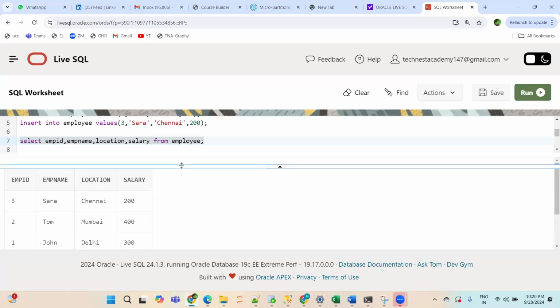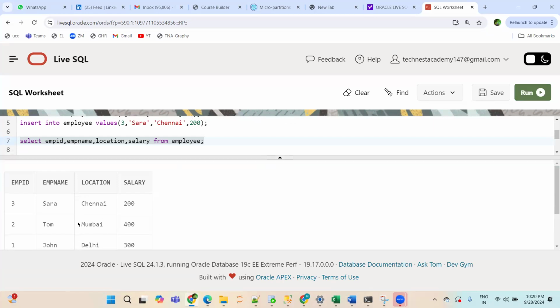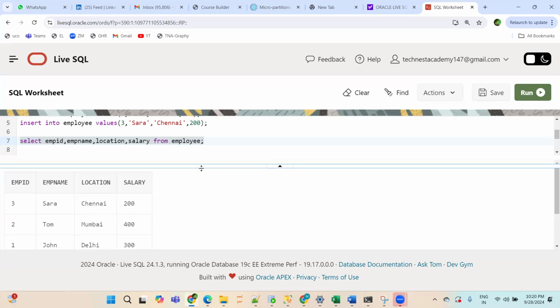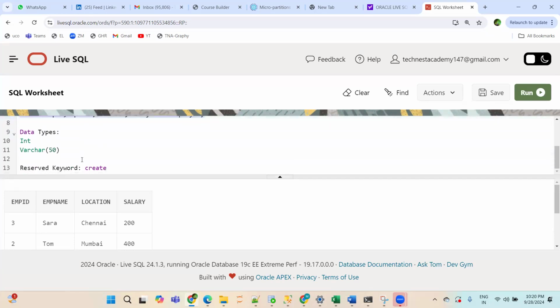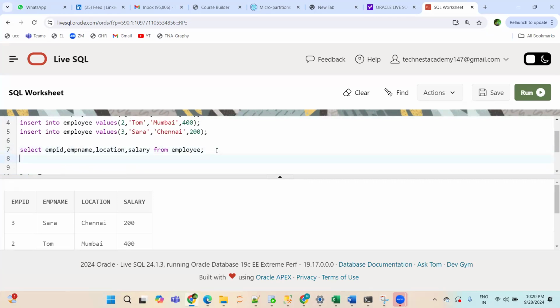Now, suppose my client is telling me, okay Tanvir, great, you are displaying employee ID, employee name, location, and salary. But salary is confidential data, right? My client is telling me, Tanvir, don't show me the salary. Just show me the employee ID, employee name, and location. So in this query, I will remove the salary.